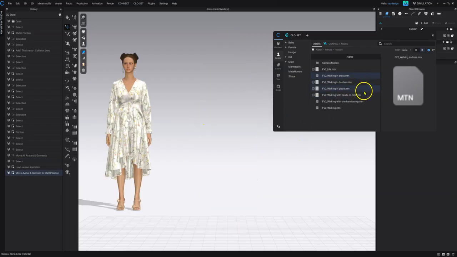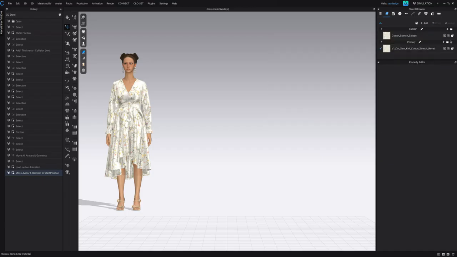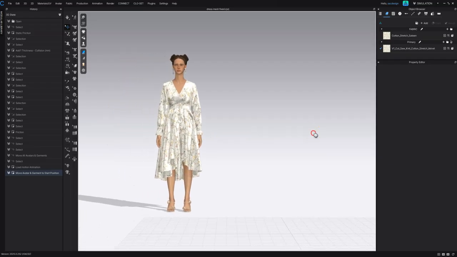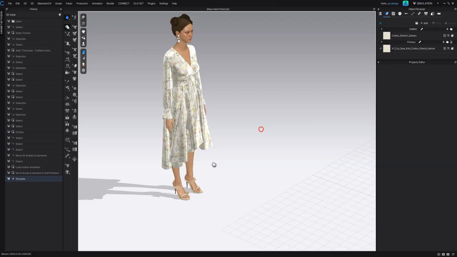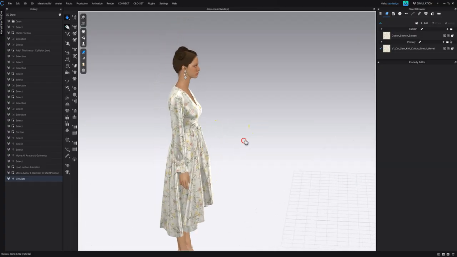All right. So now I'm going to just close this because we're done here. Now we're going to simulate the motion, just to let it fully apply to the avatar. And it's going to move a little bit because it's just refitting onto this avatar with the added motion. So we're just going to let this kind of run its course, make sure that nothing is too